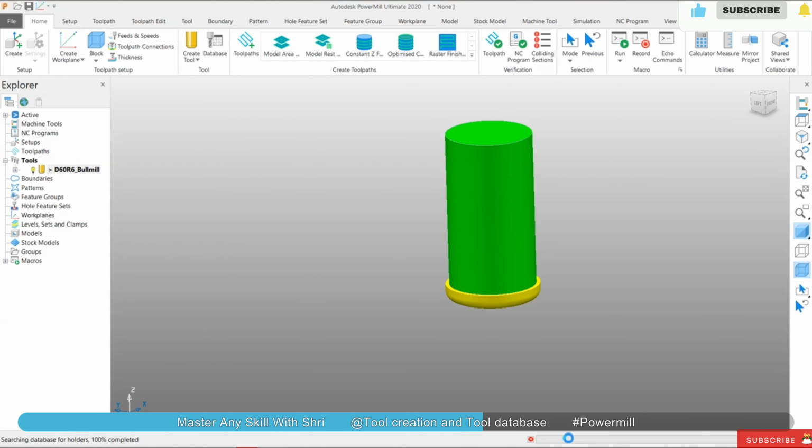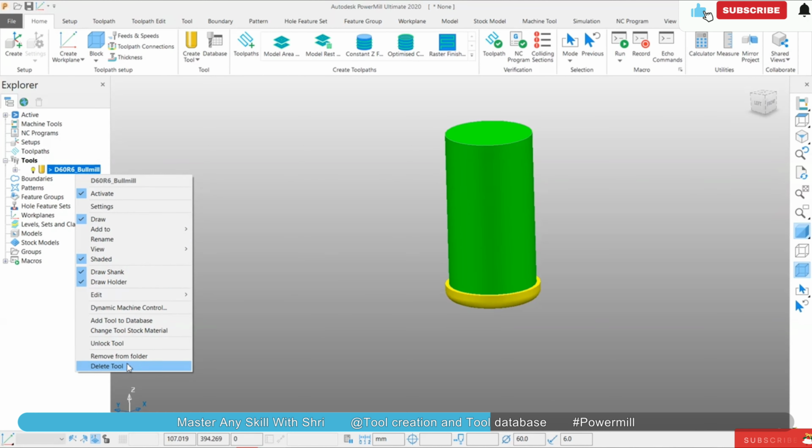See, it is working now. It will take a little bit of time. So I'm going to delete it. Just delete this tool. Okay,